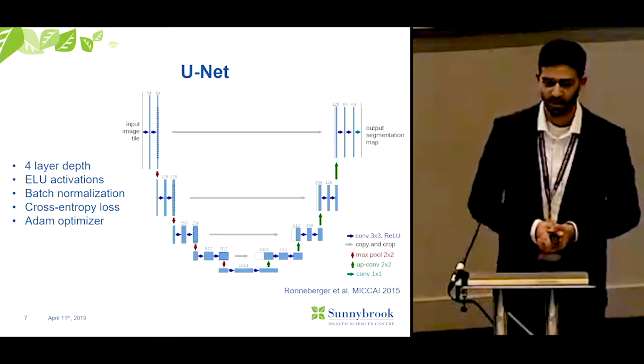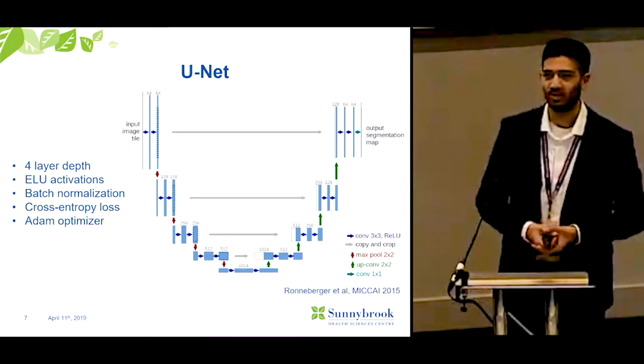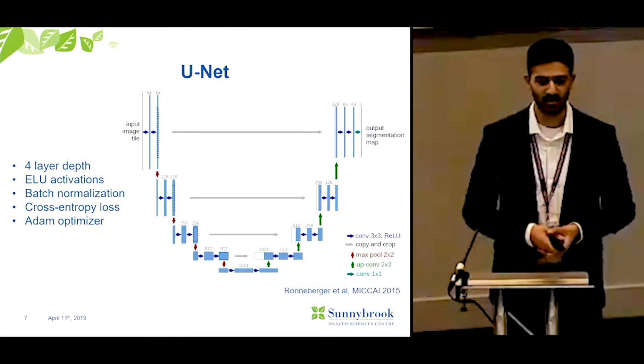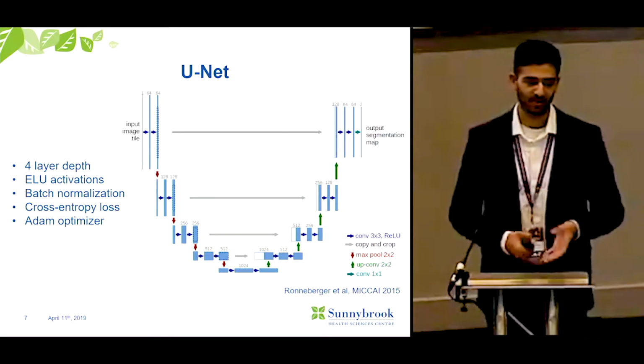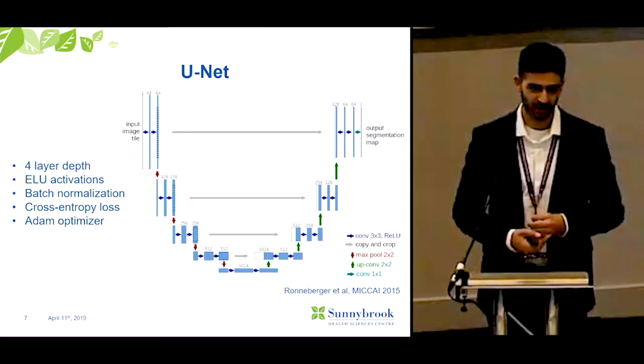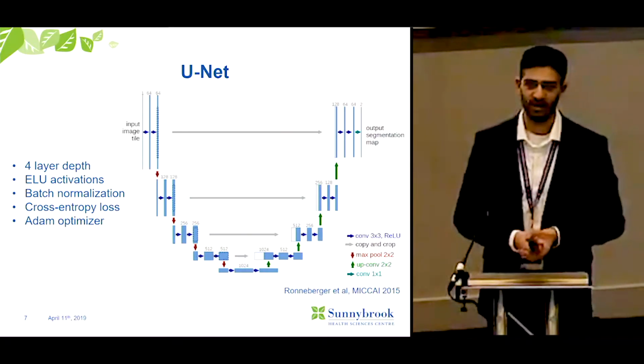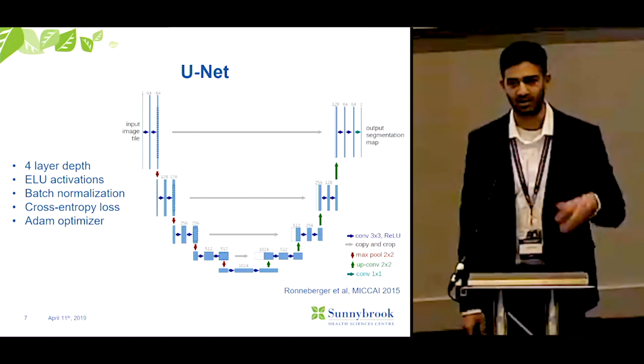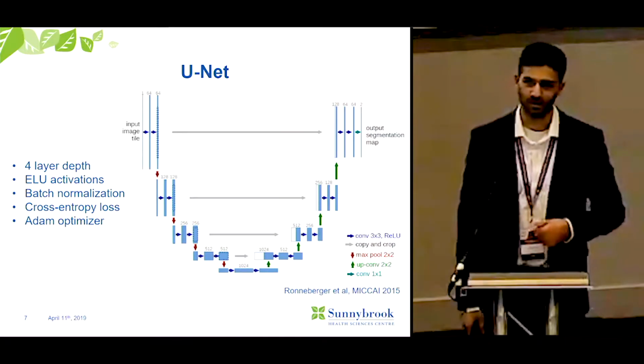The network I chose to start with is known as a UNet. It's a very common, very powerful network for segmentation. Most of you have probably seen it, but I'll quickly go through it. The image inputs on the downsampling arm, and it performs a series of two convolutions and then a pooling operation, and it does that sequence over and over again until you reach an encoded representation of the